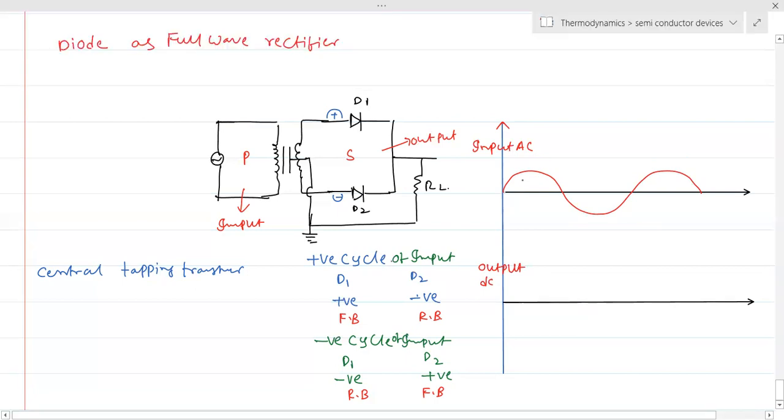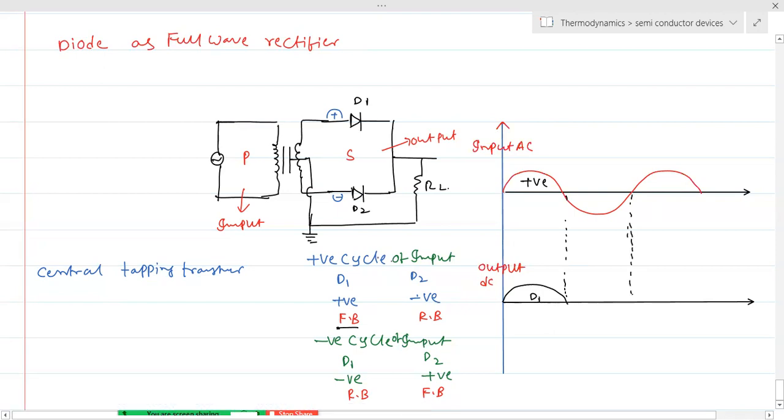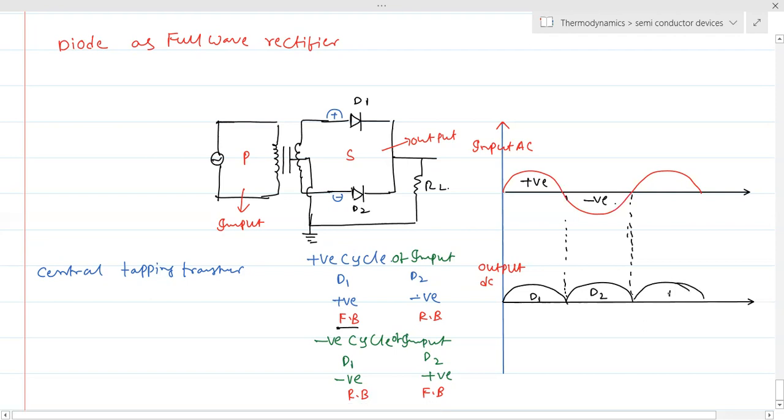During the first positive half cycle, D1 is in forward bias, so it will conduct current. Next, we are focusing on the negative half cycle of input. We will design the transformer in a special way so that during the negative half cycle, D1 will be absent and D2 will conduct current, and the story is going to be repeated.